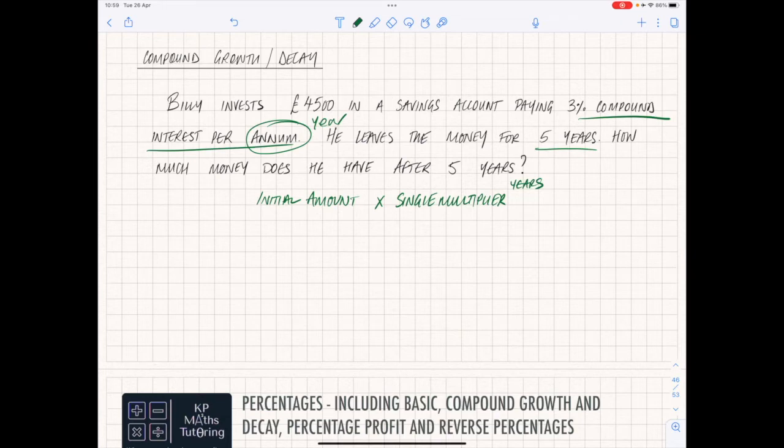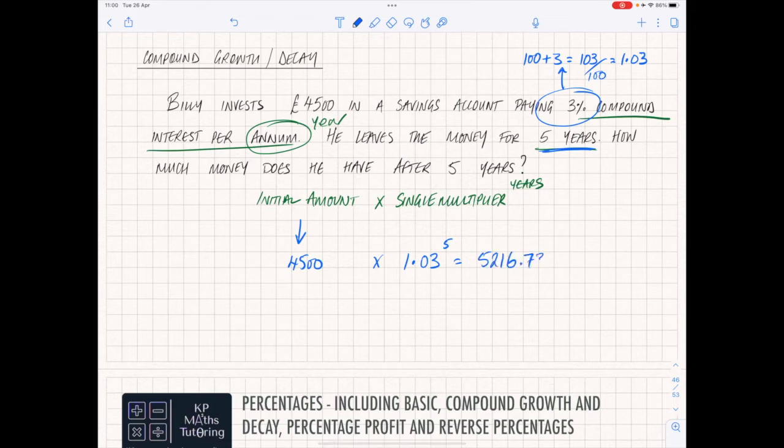Okay, so let's have a look at what that looks like in this question. The initial amount is 4,500. It's increasing by 3%. So 3% is 100 plus 3, because it's increasing, 103. Divide that by 100, like we did in the previous ones, 1.03. So you times it by 1.03, and in how many years is it? It's 5. And then all you do on your calculator is type that in, put your power of 5, and you end up with an answer of 5216.73